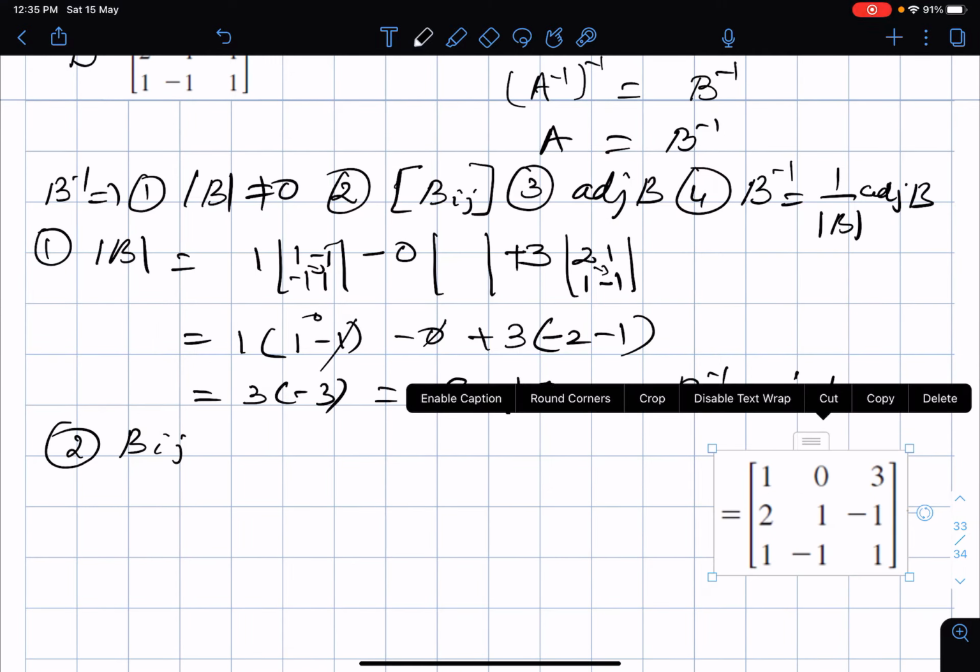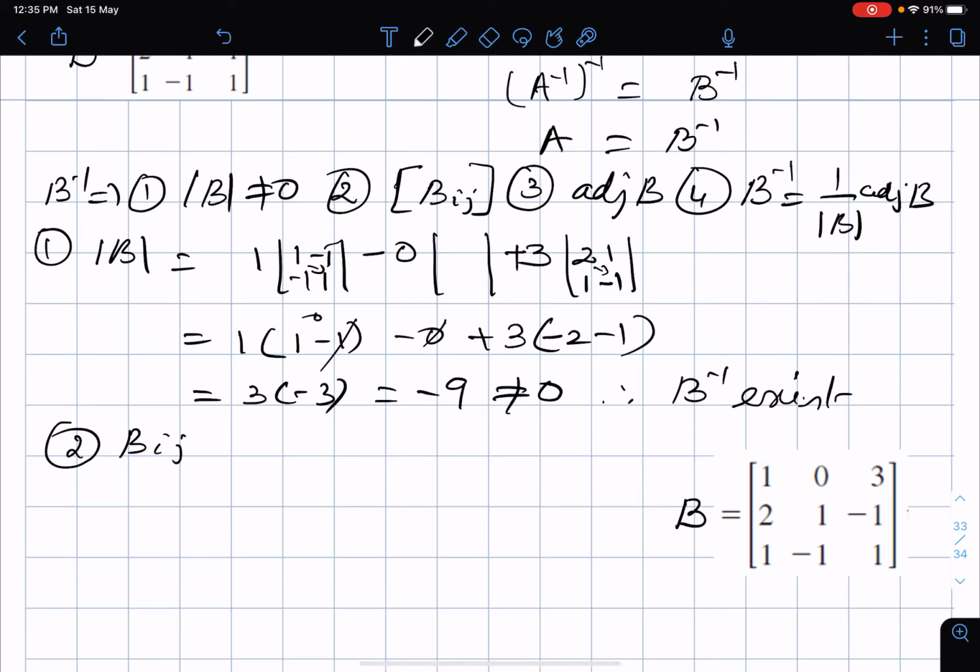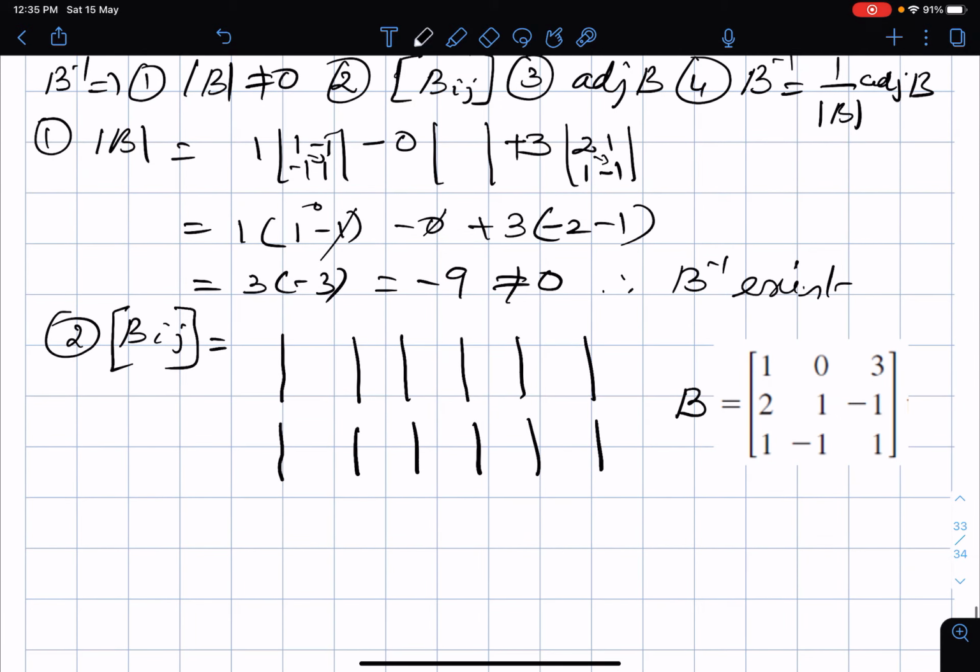So that it will be easy for us to find out our cofactor matrix. As you know, for the cofactor matrix, you are going to put the 9 minors with the sign convention. So first row, first minor, second minor and our third minor. Now going to the second row, first minor, second minor and our third minor. Now coming to the third row, first minor, second minor and third minor. Now put the signs plus, minus, plus, minus, plus, minus, plus, minus, plus.